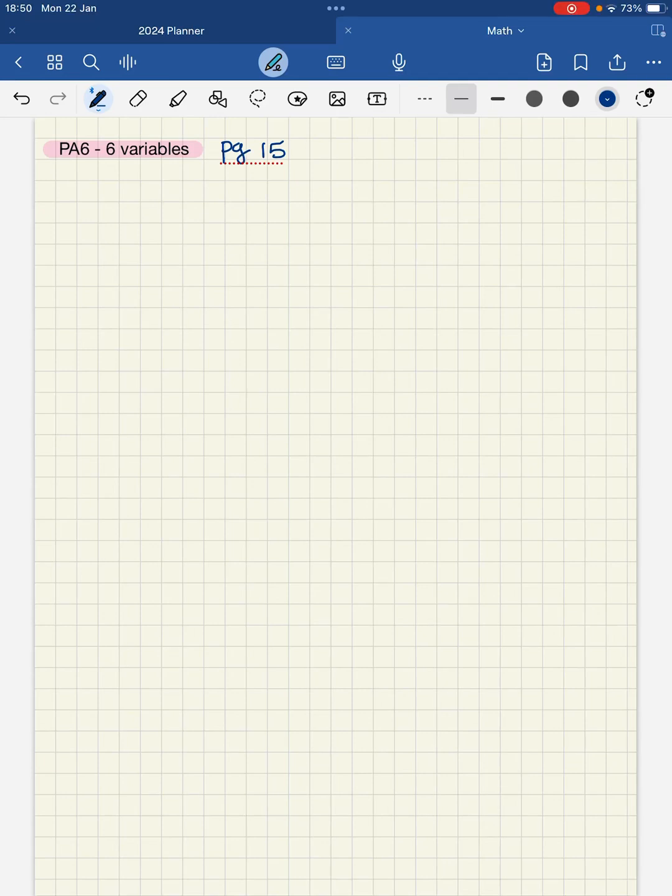Okay, as we continue with our algebra unit, we are looking at variables today. So a variable is a letter or a symbol that represents a number, okay? So if you have three